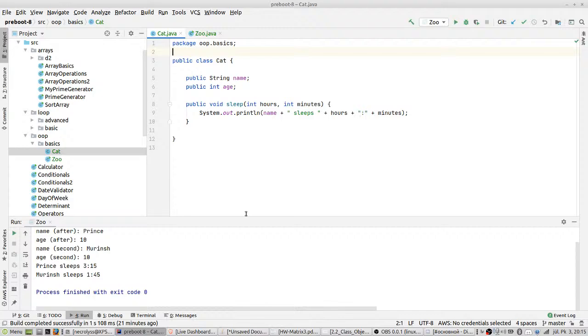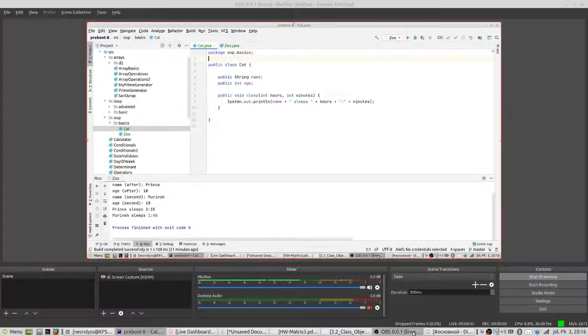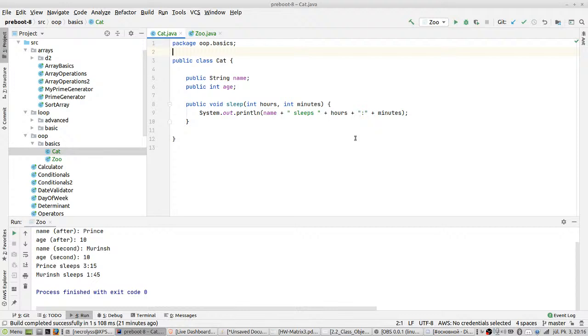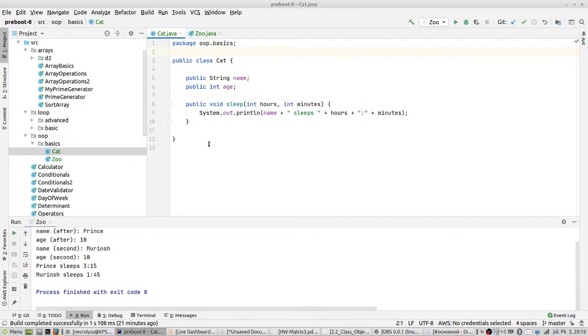Okay, let's start with the traditional question: do you see me and do you hear me? OBS shows that there is sound. Okay, now let's try to